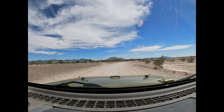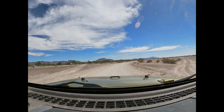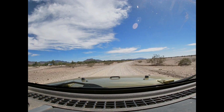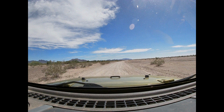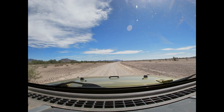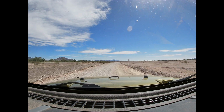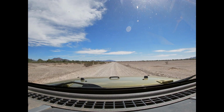I hope you guys are seeing all the campers off to the side. There's just campers here and there all over the place. There are quite a few of them back off in the distance farther. I'm sure you can't see the ones out there, but